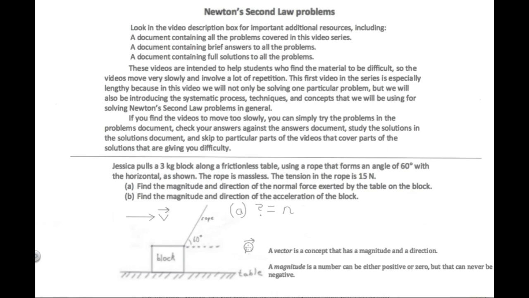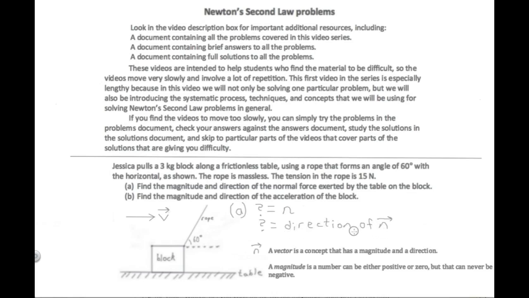With the arrow indicates the complete vector, magnitude, and direction. Without the arrow indicates just the magnitude. Now, part A is also asking us for the direction, so we can write that down as a separate part of the question. Here's a good way to write out that the question is asking us for the direction of